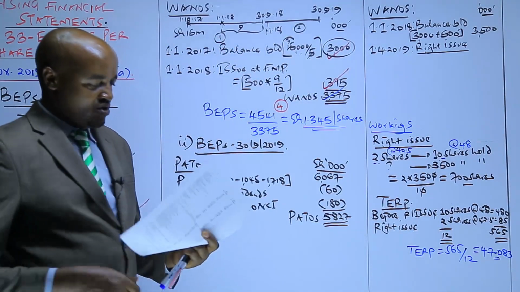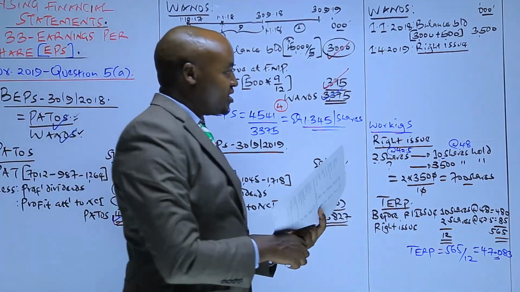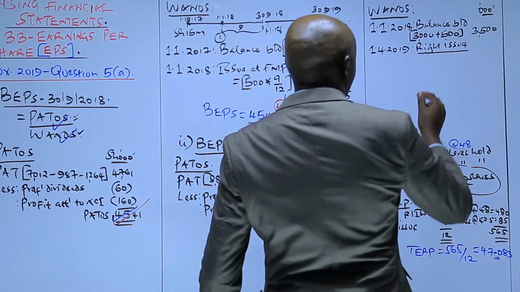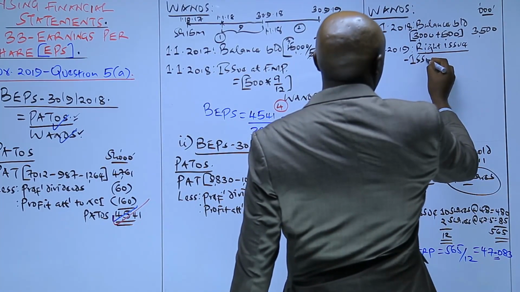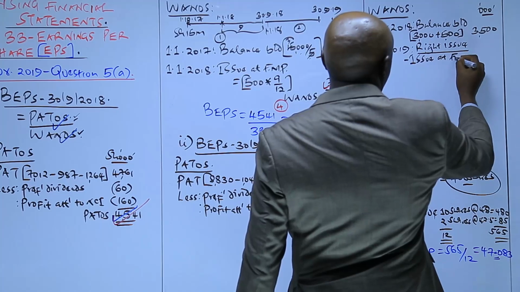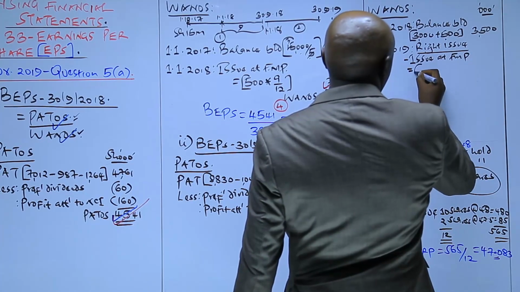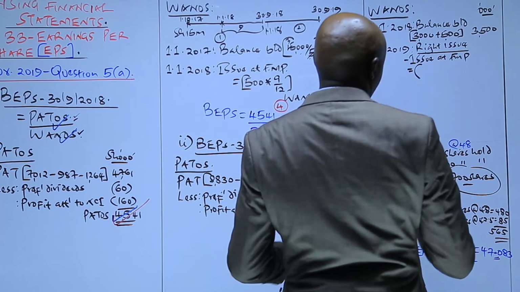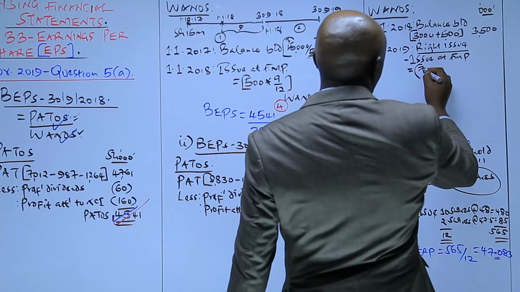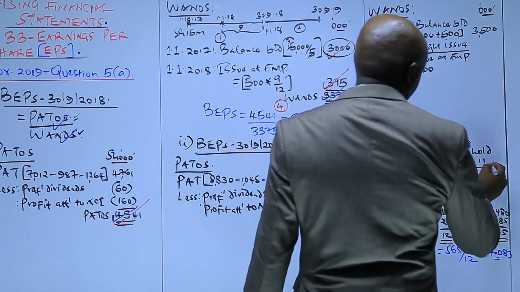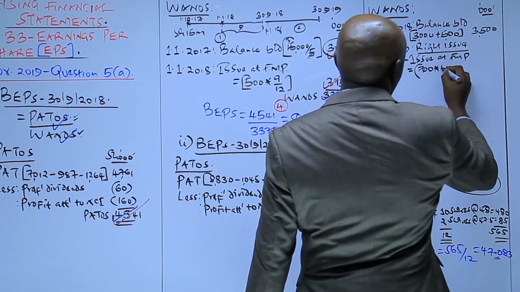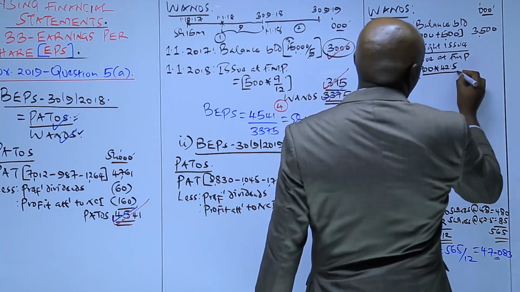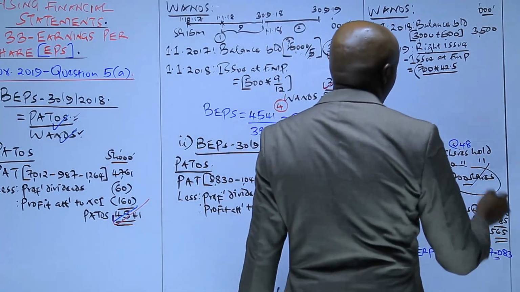And having that now, what we need to do is proceed and split the shares issued during the rights issue into 2 components. Number 1, we determine the shares issued at full market price. In terms of how we compute this, first of all we determine the amount received by the company from the rights issue, which will be equal to the shares issued during the rights issue, 700, times the amount to be paid per share, 42.5. Then divide that by the theoretical ex-rights price, which you have computed down there,